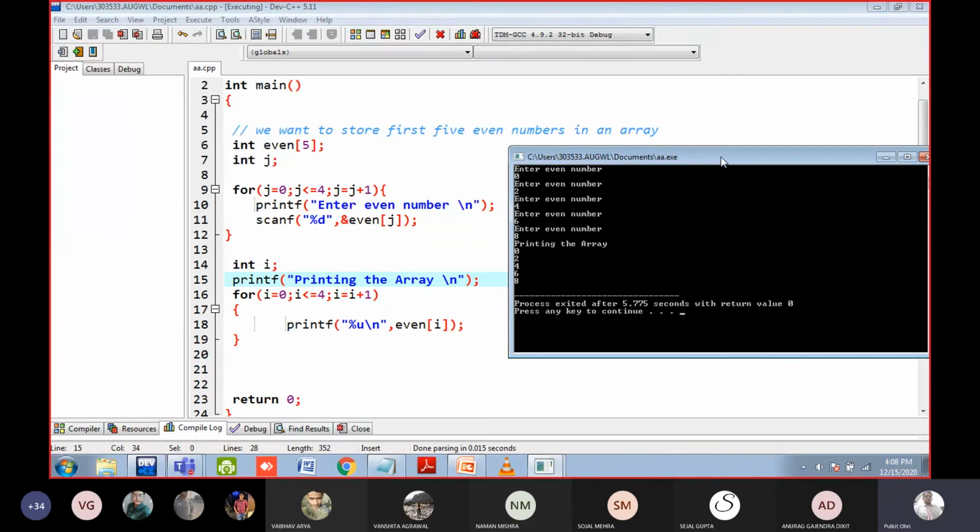It is the same program, but the thing is here my code is good. It is interacting with the real world. It is taking input from the user. So loops are always used in the array, because this is the advantage of array. We do not need to write printf, scanf statement many times. If we want to input something in the array, use a loop. So we have to write printf statement for only one time, not for multiple times, or scanf for only one time.